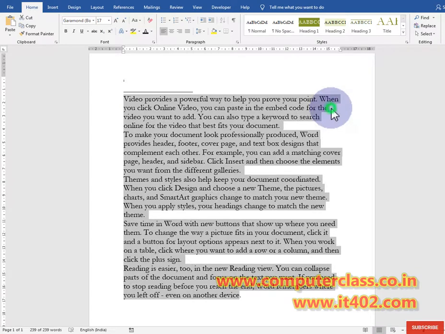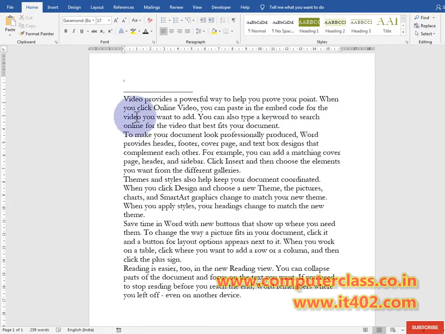Why did this thing happen? This happened because of the next word. If we look at this space, we can easily see that for the word video, there is no complete space here.